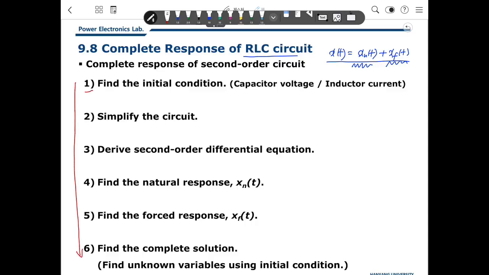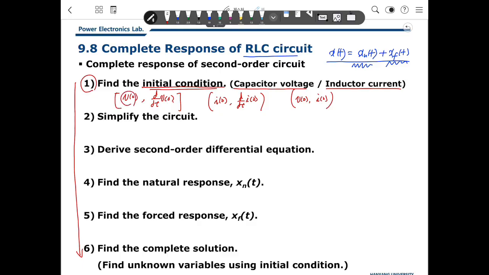The first, we have to find out the initial condition. Initial condition is the capacitor voltage or the inductor current, or you can have an initial condition of V0 or in the TD V0. Or you can have I0 and the TD I0. Or you get V0 and I0. So anyway, we have to get the